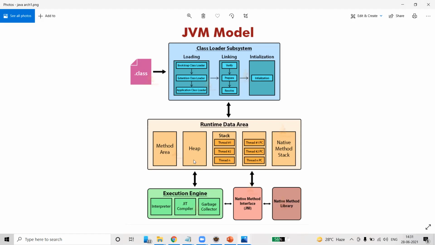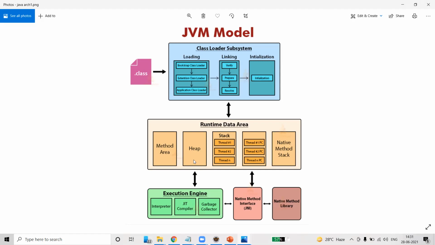Coming to methods, we might have created many methods in our program. Inside methods, we create a lot of local variables. I will explain what local variables are later. The memory required for storing all the methods in your class will be stored in the method area. Heap memory is where all the objects of the class get stored. And in the stack, if there are multiple processes running in the backend, these processes are stored in the stack. The stack contains thread 1, thread 2, and so on.